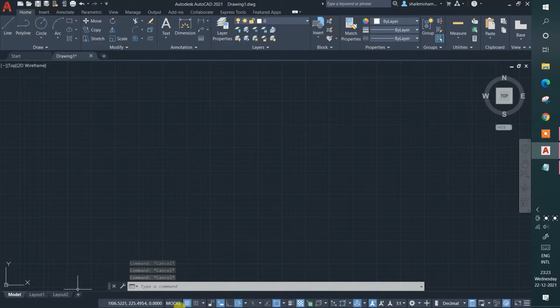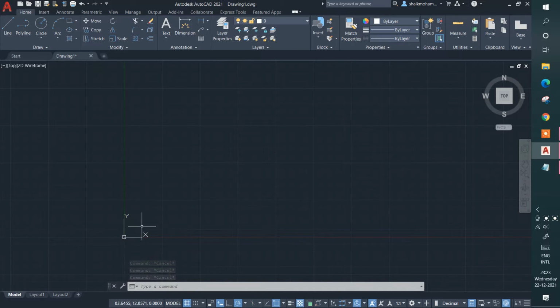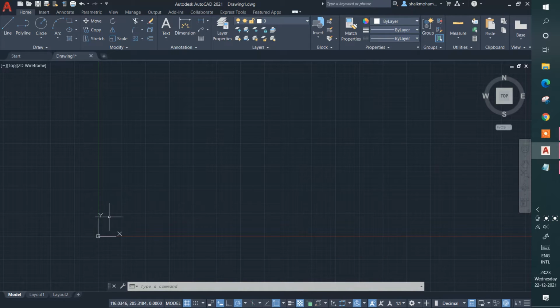For now, let's simply look at the bottom of the AutoCAD table. Firstly, the first thing you can see is the drawing coordinates. Let me show you where the coordinates are; here you can see, guys, this is the drawing coordinate. When I'm in the Q1 quadrant, all values are positive. When I'm moving downward, it shows the y-axis negative and the x-axis positive, and like that we can see the coordinates. These things are not that important in AutoCAD, even though sometimes they are.